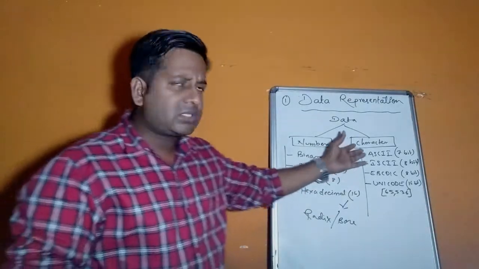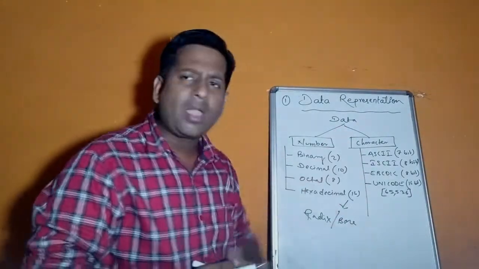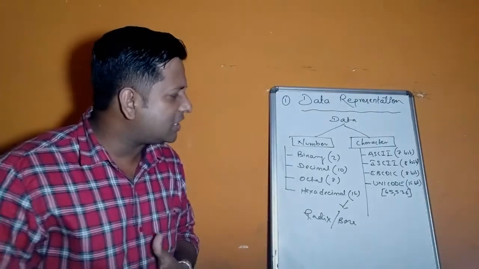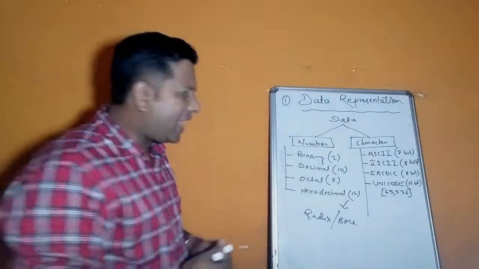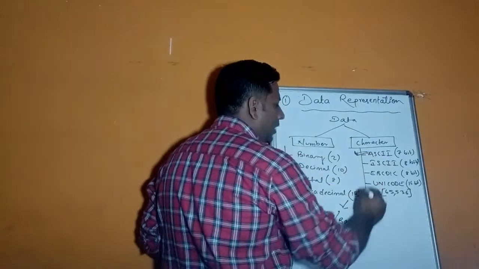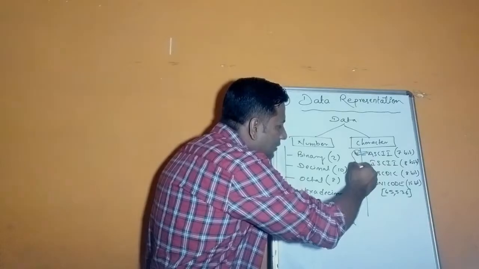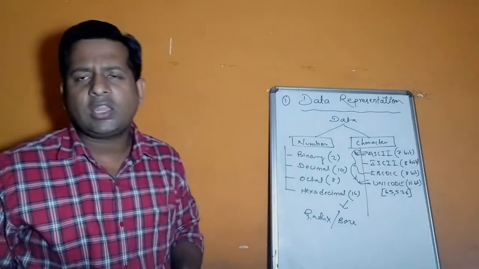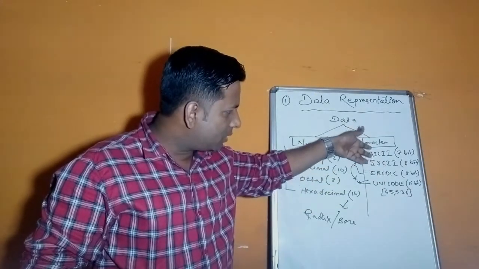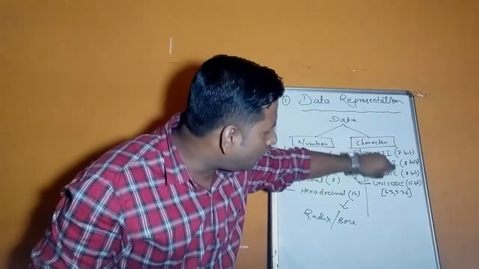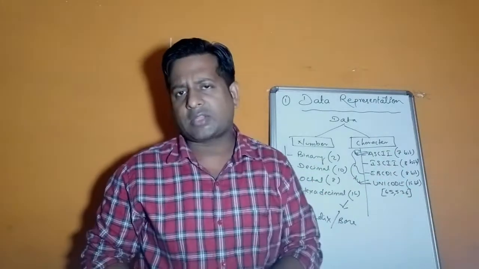Okay, characters are the alphabets or letters. They can be represented, again, in 4 different ways: ASCII, ISCII, EBCDIC and Unicode. Among these, the most popular is Unicode, and ASCII you can say is also a popular one. Actually, the features of ASCII, ISCII and EBCDIC were utilized in Unicode. So the code which was used in ASCII, ISCII or EBCDIC is already present here. So Unicode will represent the other 3 as well.